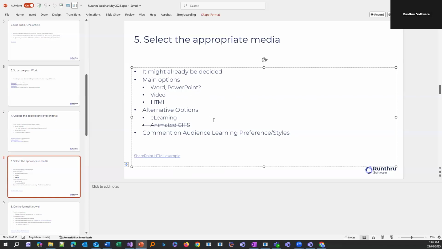E-learning, if you need to, again, more time consuming in general. And that's got to go and live in a learning management system. But most of the time, someone's going to tell us what we've got to make. But e-learning, if you have to, yes, the purists in the learning world will say, yep, it's got to be